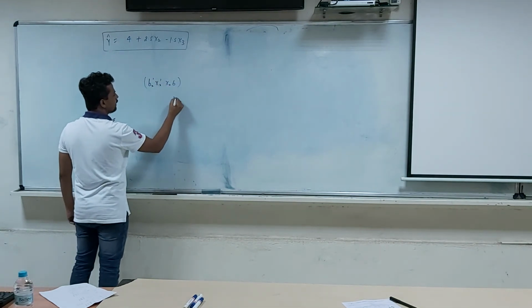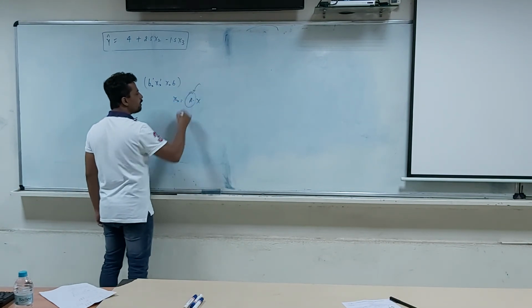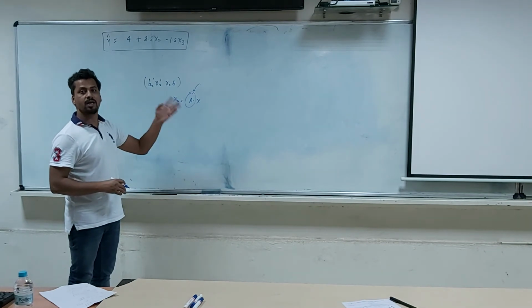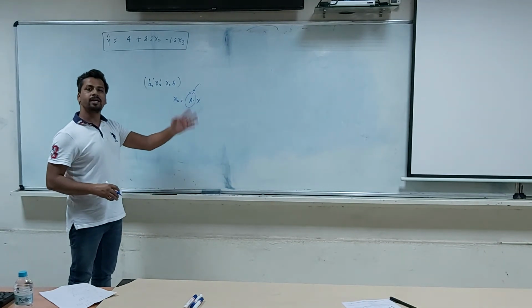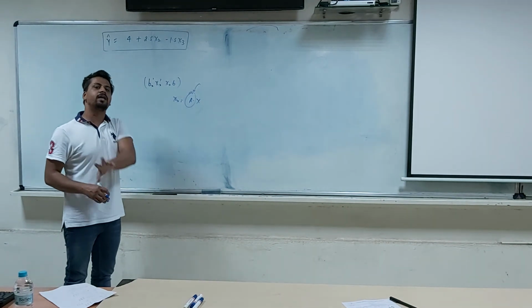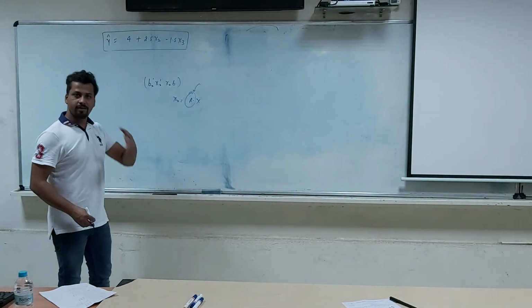But you must understand this X star is nothing but A times X. But what was this A? What was A? A was the transformation matrix. It transforms when it gets pre-multiplied by any vector or any matrices. It transforms each of the elements into its deviation form, right? So you can easily follow that.